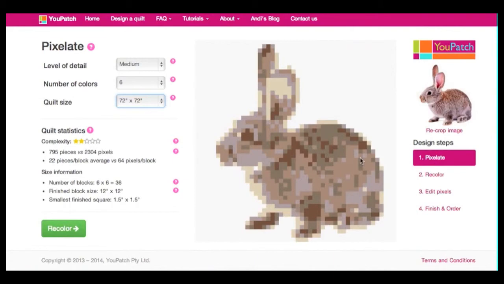Now the next step will either be to hit finish an order if you're happy with the quilt just as it is, or if you're anything like me, you want to go and play with colour, and we'll go to the recolor page and we'll have a look at that in our